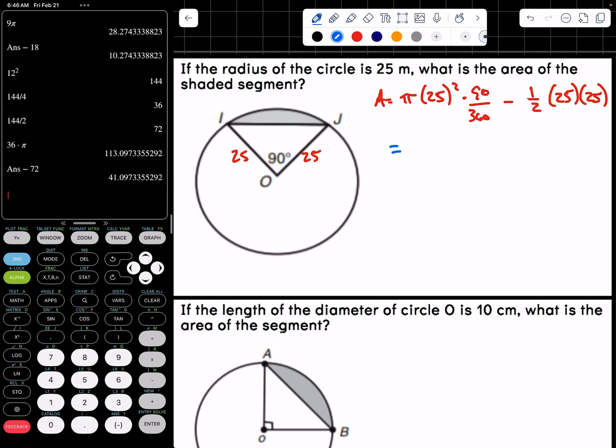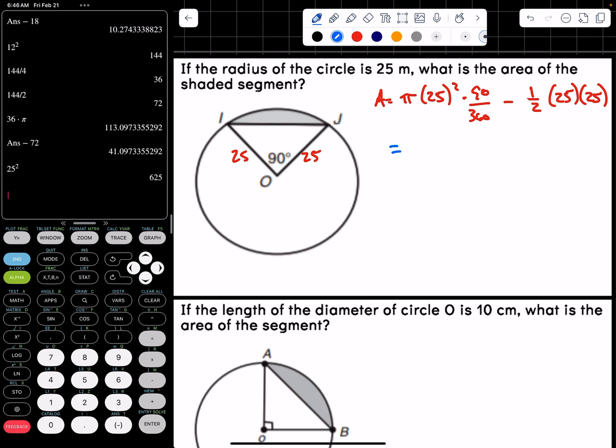So here we go, 25 squared is going to be 625, times 1/4 minus